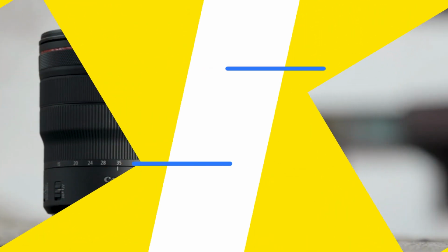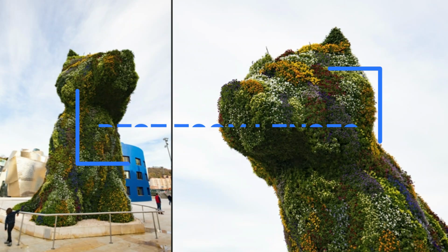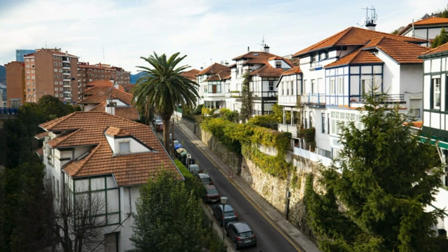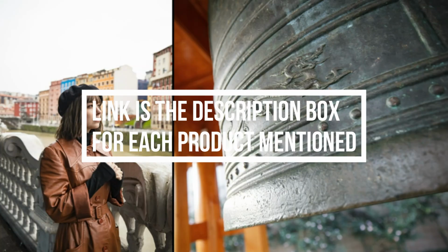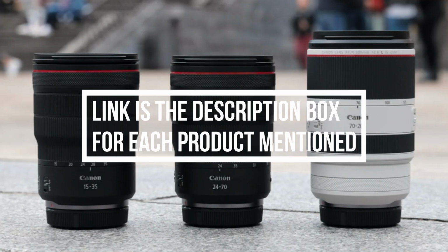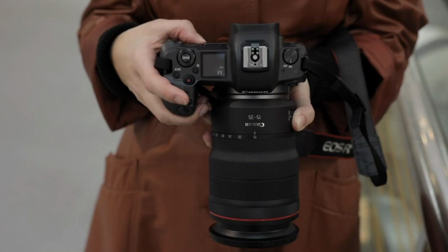While not as optically sharp as prime lenses, the versatility of a zoom lens is hard to beat. A zoom lens can cover a range of focal lengths, allowing you to change the angle of view by making it narrower, zooming in, or wider, zooming out. This makes it possible to frame your shot more precisely in multiple scenarios, such as when you're taking pictures of